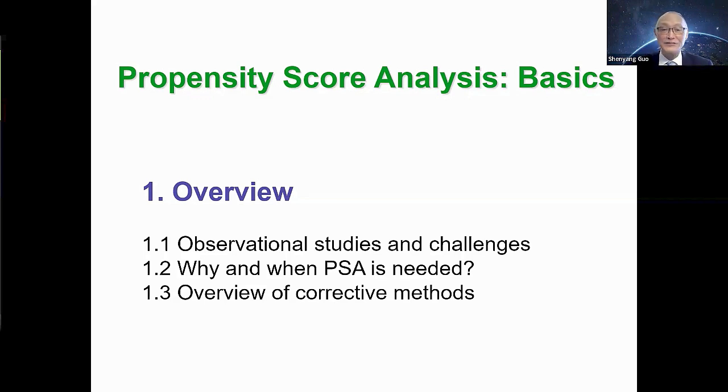It has been half a century. If you take 1983 as a beginning time, it has been 4 decades. 1983 is the time when Paul Rosenbaum and Don Rubin published their paper and first used the term propensity score